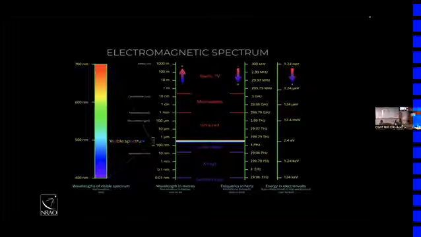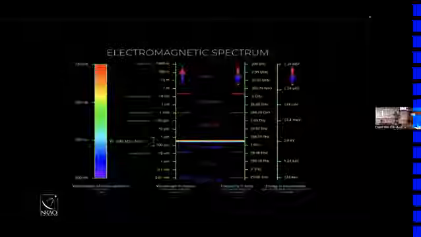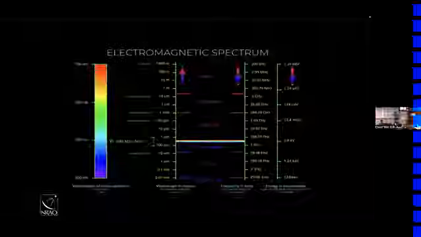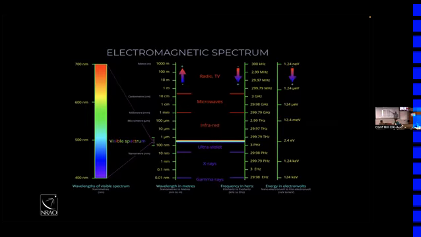Other parts of the spectrum you've probably heard about at shorter wavelengths: ultraviolet, X-rays, and gamma rays. These are high frequencies, right? High energies. And these are the things that make superheroes, right? You need those wavelengths to create superheroes. You never hear of Radio Man, right? Those are low frequency, low energy waves.